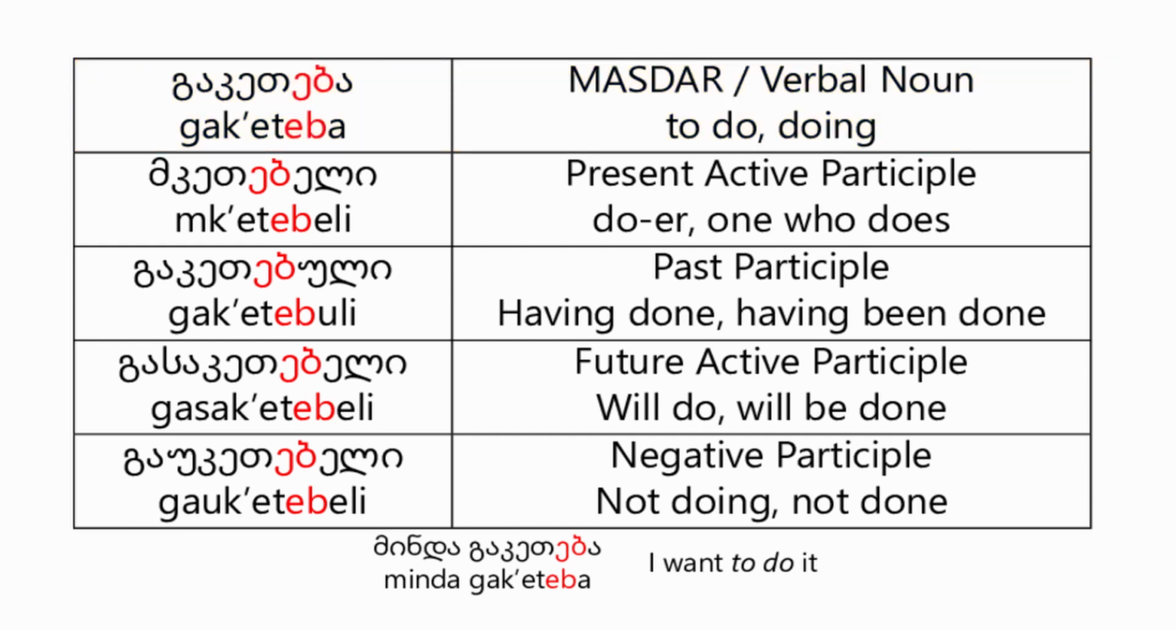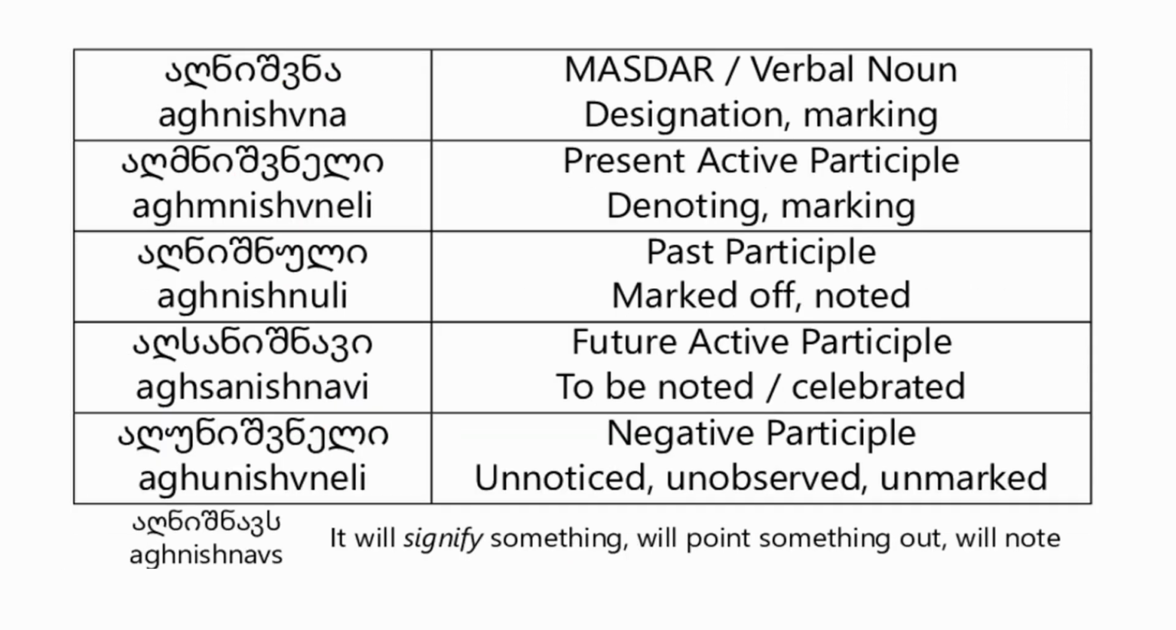Now there are some other non-finite verb forms that we'll also see with this suffix, like the present active participles. For the verb to do, it is ketebeli, which acts as a noun or adjective meaning one who does. We also have a past participle, a future active participle, and negative participle. These were formed from the masdar, so they also have this stem when appropriate. If the verb carries a different series marker, then the verbal noun will be formed using that marker, perhaps conditioned